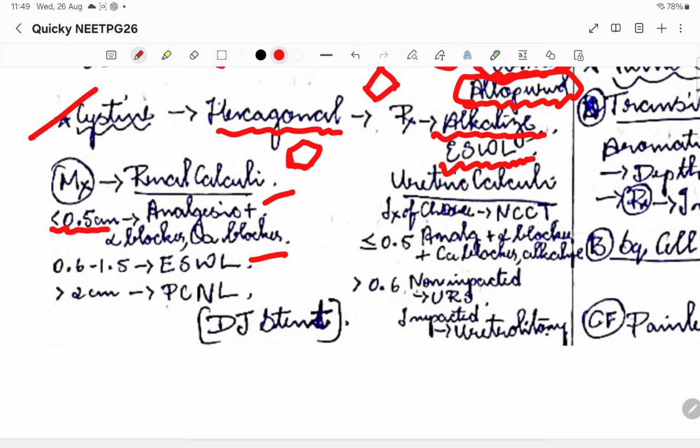Whereas if it is more than 2 centimeter, then we are going to go for PCNL. Okay, so then after that we are going to place a DJ stent. So basically DJ stent is a tube, which we will put,